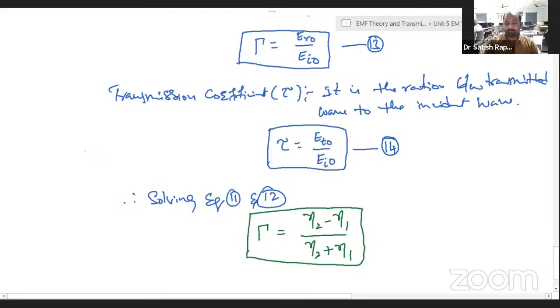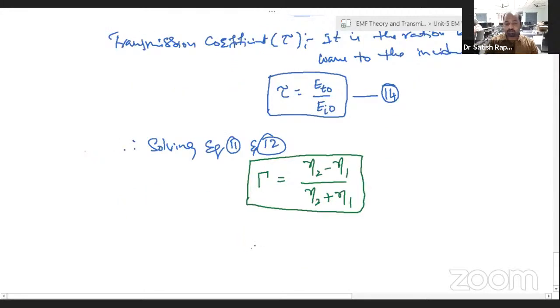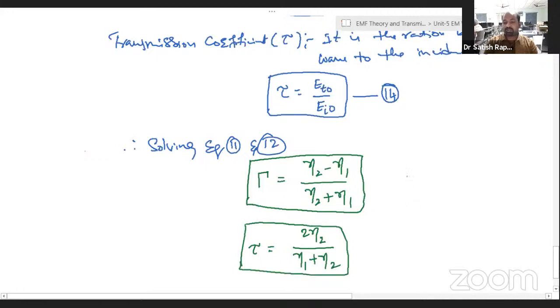And similarly, the transmission coefficient tau is 2 eta 2 by eta 1 plus eta 2. This is the transmission coefficient, where eta 1 is the intrinsic impedance